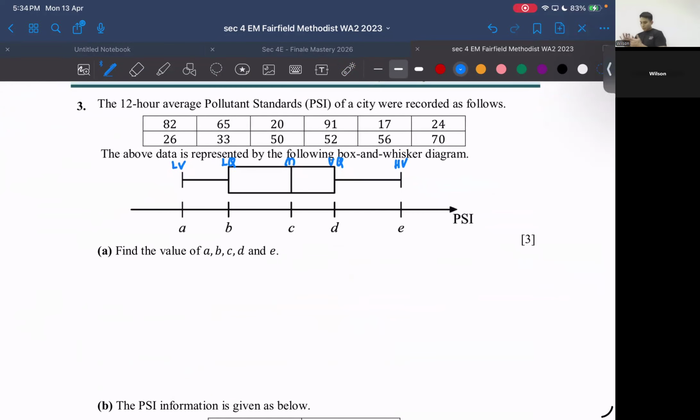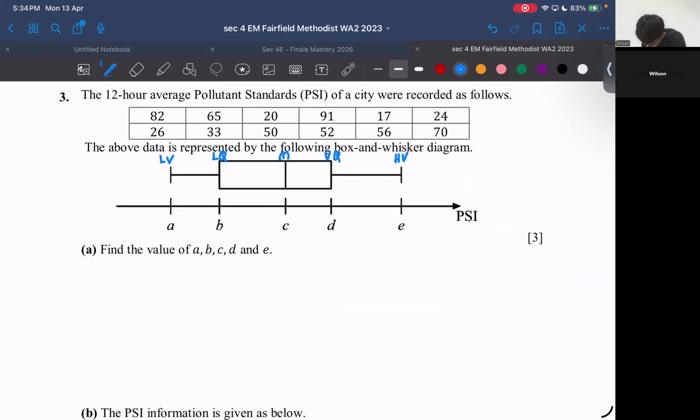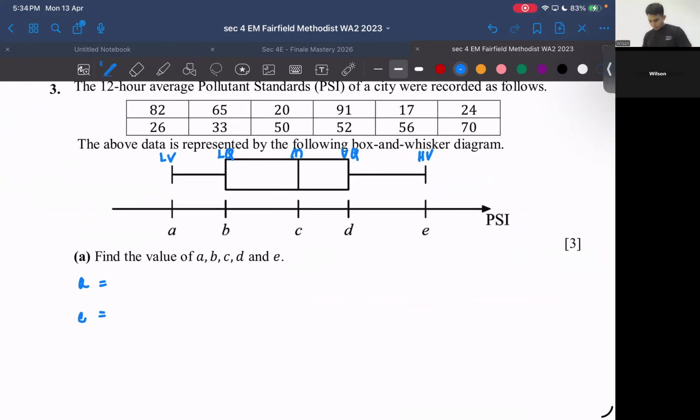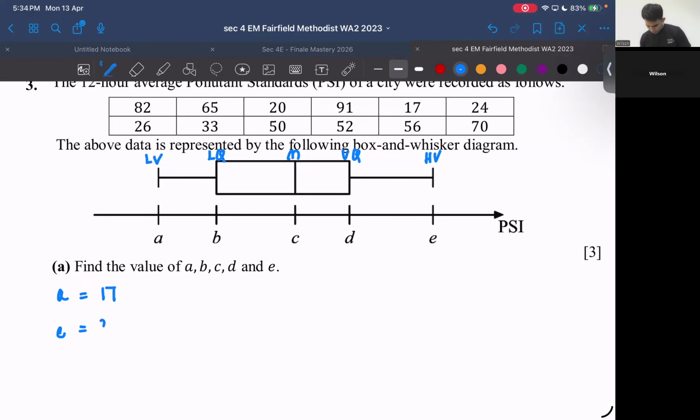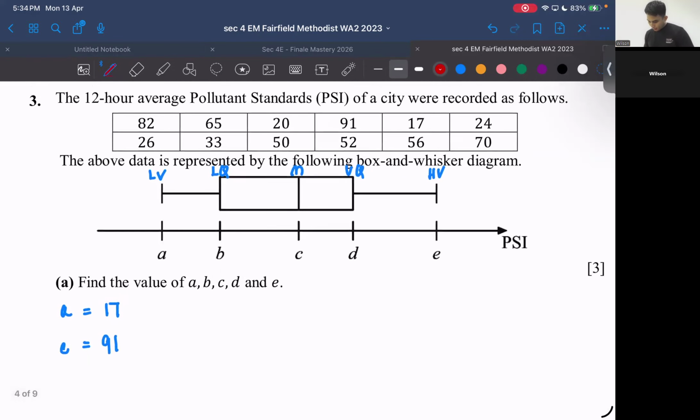Now, can everybody just take a look? I can very easily find out what is my A and what is my E over here. So, what is my lowest value? Somebody please shout out. What is the lowest value that I'm looking at? 17. Thank you very much, Davina. What is my highest value in this box of data? Is it 82? 91 over here. Okay, yes, 91. Absolutely correct. Now I am stuck already because in order to find my B, C, and D over here,